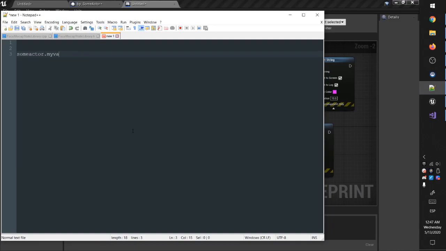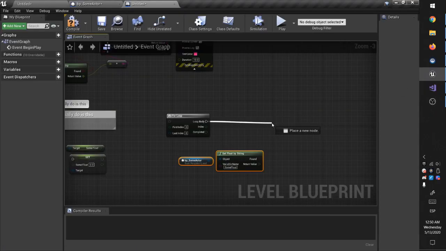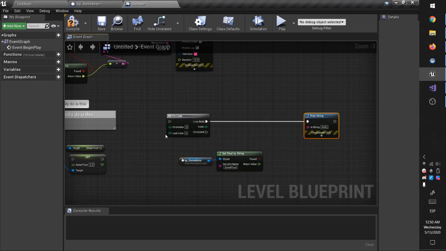Alright, so I'm going to show how to access a variable by using its name. That means using a string, as you can see here. So this is not natively available on blueprints, so we are going to create that functionality, and you may wonder